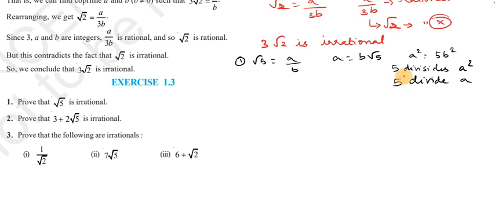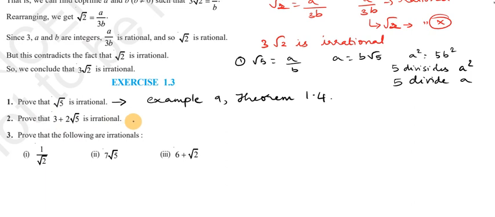So 5 is also going to divide a, then we will compare another value here for a is equal to b root 5, and then we will be able to get that root 5 is again irrational. So this will be similar to example 9 and theorem 1.4. If you go through the previous videos, you will be able to see this.